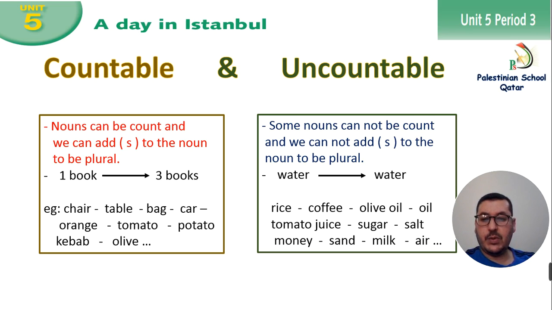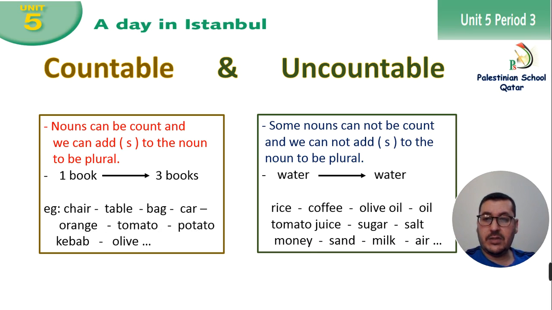For example, 1, 2, 3, 4, 5 books. Also, we have examples of countable nouns like chair. I can change it to plural: chairs, tables, bags, cars, oranges, tomatoes, potatoes, kebabs, olives. All these are examples